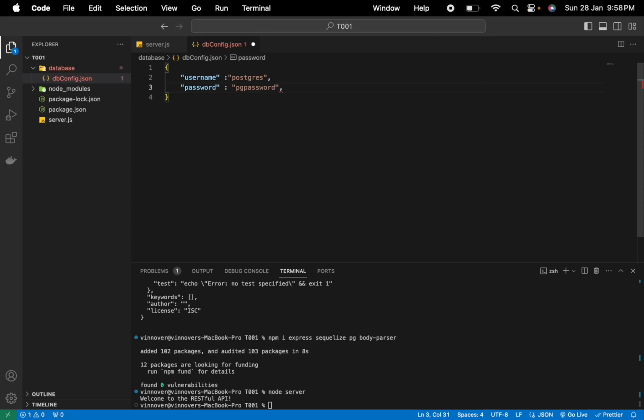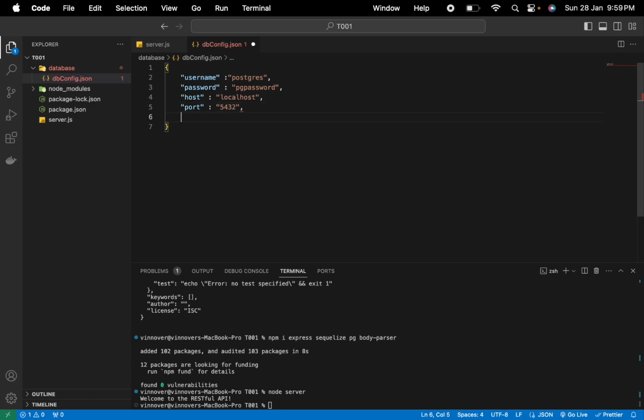The third information that we need to give is the host. Host is of course localhost. Then we need to provide the port. The database port is 5432,